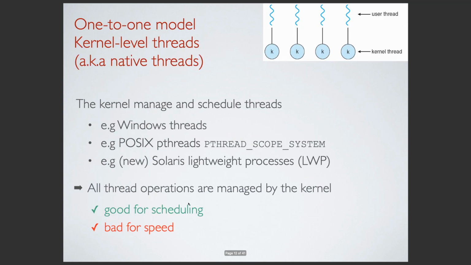Okay, but now at the level of the OS, when it comes to actually managing and scaling threads, what the kernel sees is a bunch of kernel threads, and it tries to give them CPU time, right? But maybe two of them, here for example, are from the same process. Maybe this one is another process, and the fourth one is also another process, right? So, one-to-one: bad for speed? Here I'd say bad for speed because here,